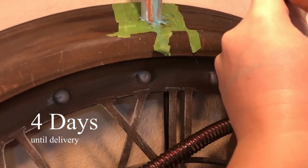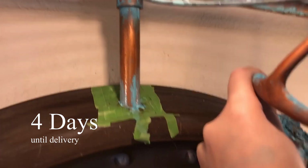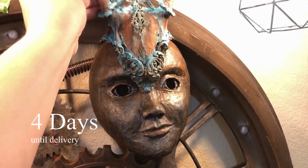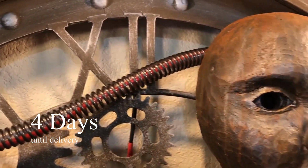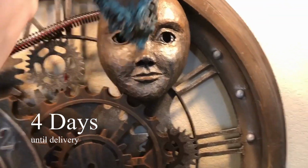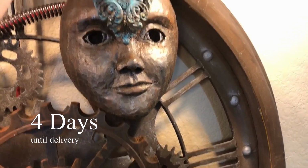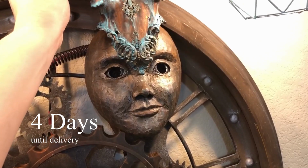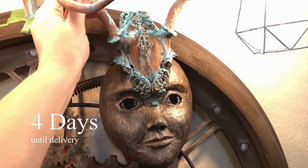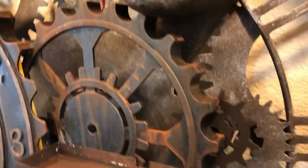I've got some green tape up here just because I had to repaint part of this pipe. So that is currently finishing. This is where this is gonna go. And then there's these pipes that I have the EL wire in that'll very subtly glow. And so after I get the crown attached, I'm gonna turn the pipes and tubes into hair. And it's glued down